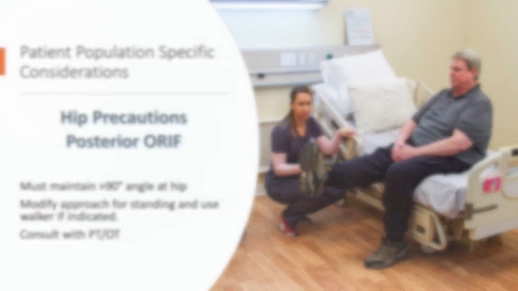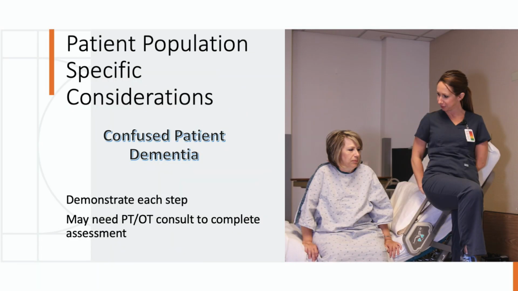This is a great opportunity to collaborate with physical therapy to determine the safest method to assess a patient's ability to stand. Finally, we will discuss the cognitively impaired patient. This includes confused patients and patients with dementia. Some specific ideas for how to accommodate these patients were already discussed in Assessment Level 1. If these methods are not successful, you may need to consult with PT or OT to help collaborate on determining